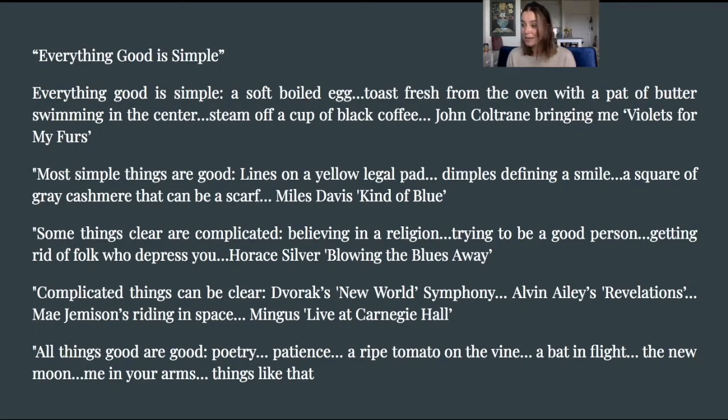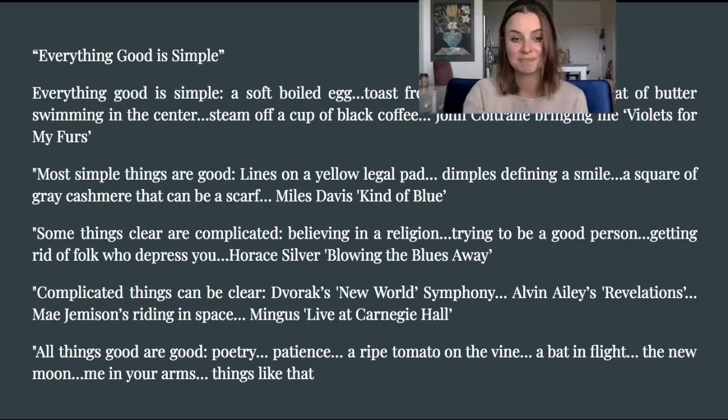Dvorak's New World Symphony, Alvin Ailey's Revelations, Mae Jemison's Writing into Space, Mingus Live at Carnegie Hall. All things good are good. Poetry, patience, a ripe tomato on the vine, a bat in flight, the new moon, me in your arms, things